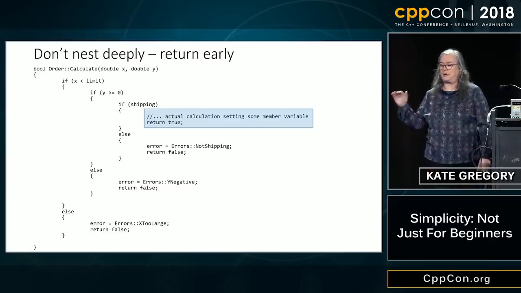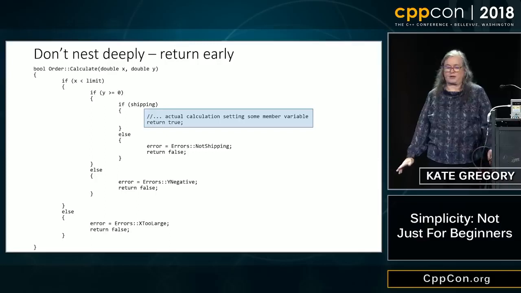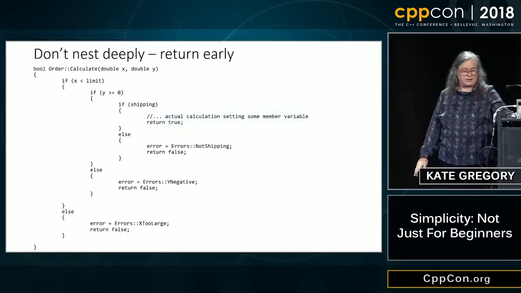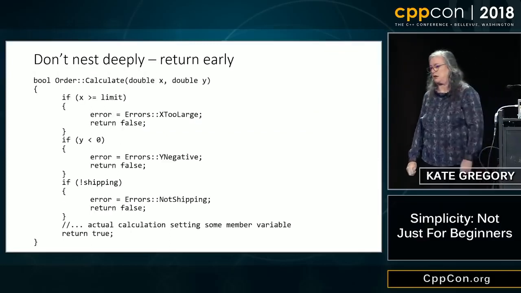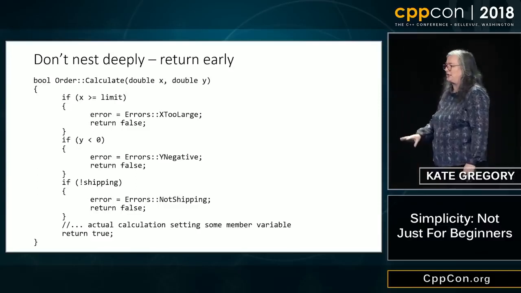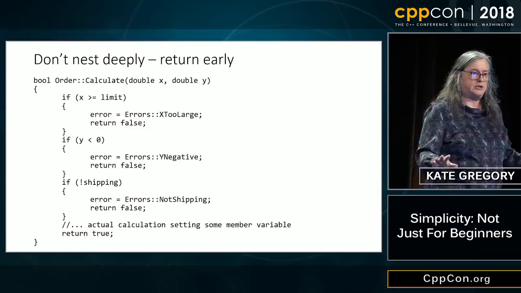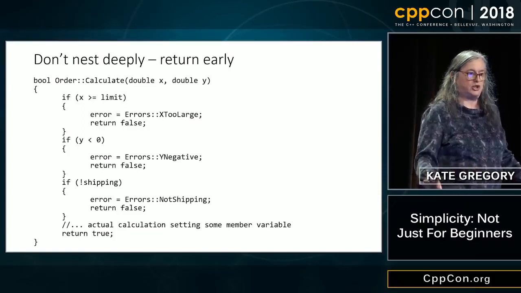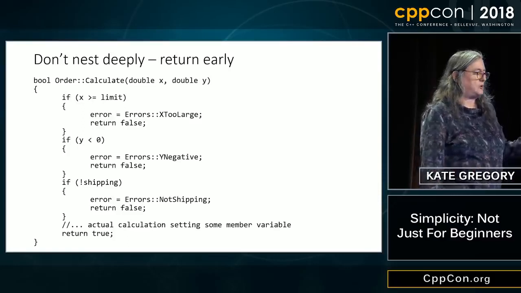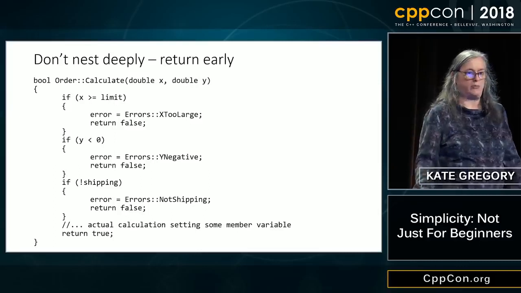You can very clearly see that we only do the magic if x is under the limit, if y is non-negative, and if we are shipping. But the rest of it can be a little hard to follow. This is the exact same logic. I did not change the signature. I always get someone who's like, well, you shouldn't return bool, what about expected, blah, blah, blah. In the most simple refactorings, you're not changing the signature, so the behavior is unchanged. We still return a bool, we still set this member variable error,